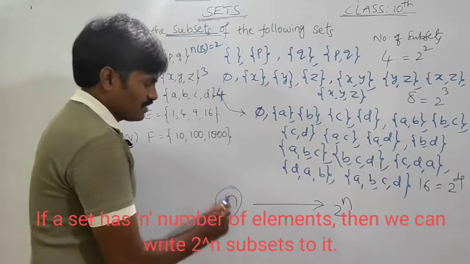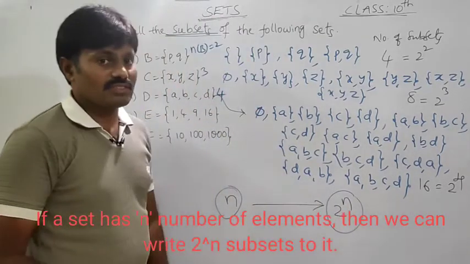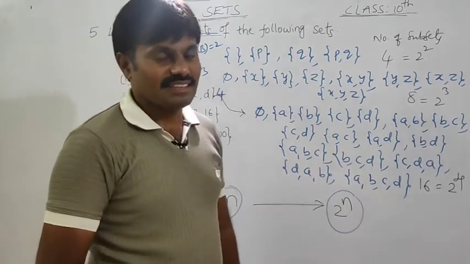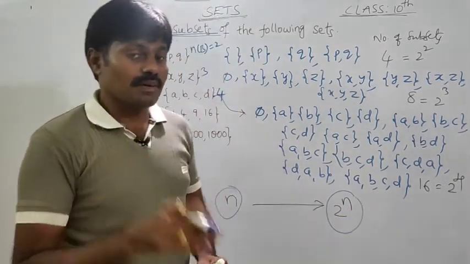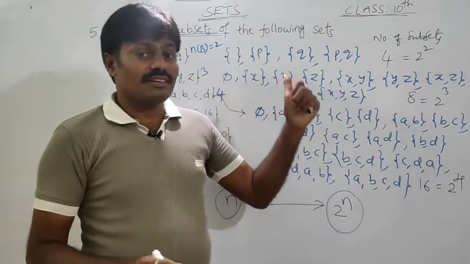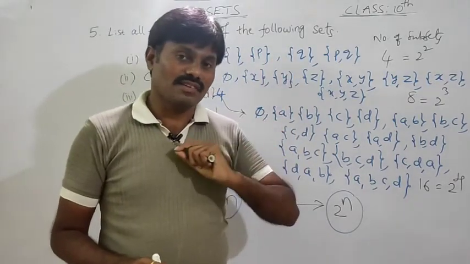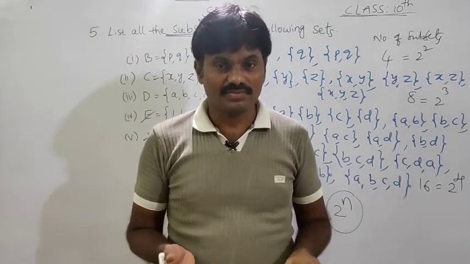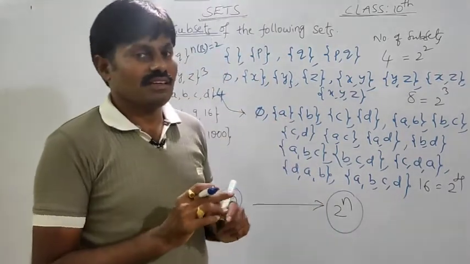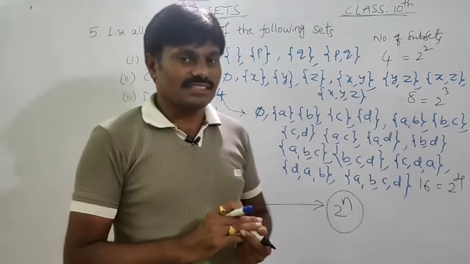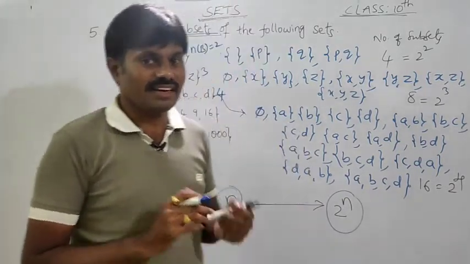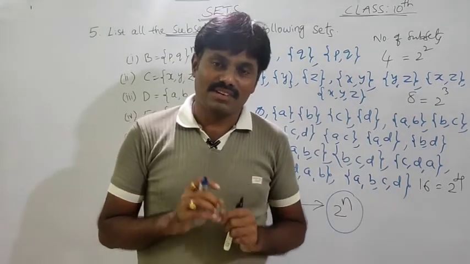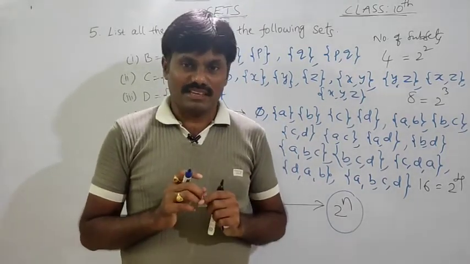This is the number of elements. This number is the number of subsets. So can you write the number of subsets for E and F? Yes, you can write easily. Remember writing 5, because the null set is a subset of every set, and also every set is a subset of itself. So these 2 points you must remember. Along with those, the remaining we have to list. Is it clear, my students? Writing the number of subsets of the given set is very easy and a very frequently asked question.